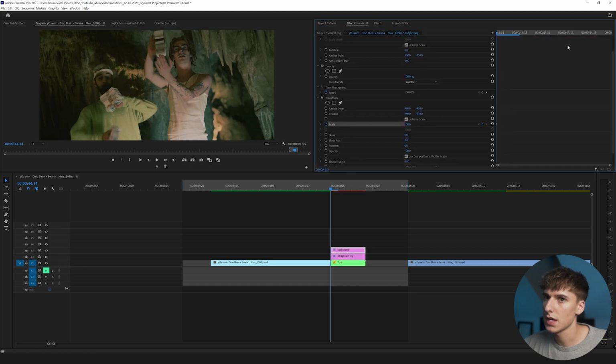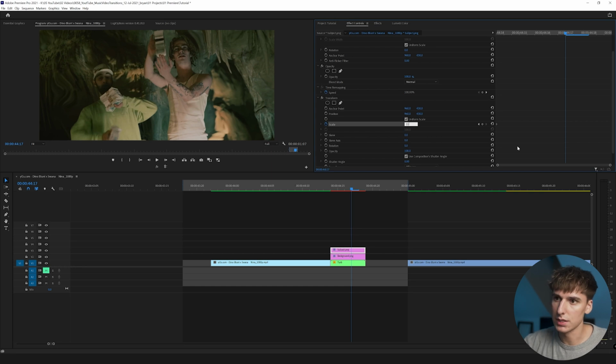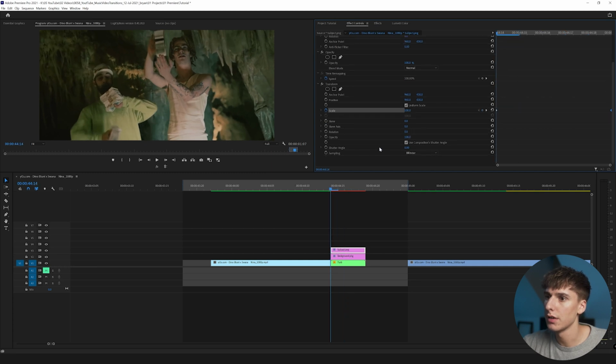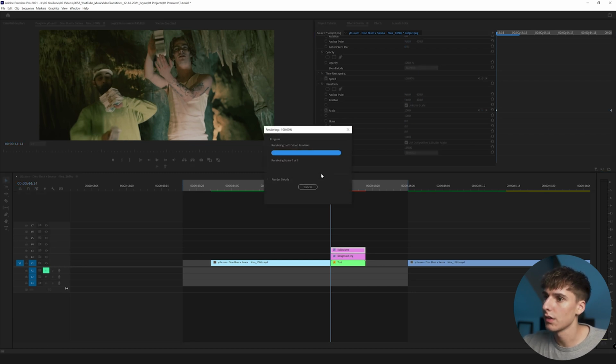So I'm gonna keyframe the scale, go to the end, and maybe make it like 110 or whatever. It's all gonna be depending on your clip. But for us, I think that looks pretty good. There's some good movement there. And then you can go to the shutter angle and you can really play with whatever. 180 is gonna look the most natural, but if you want a lot of shutter, you can bring it all the way up to 360. We'll start off with 180 and see how that looks.